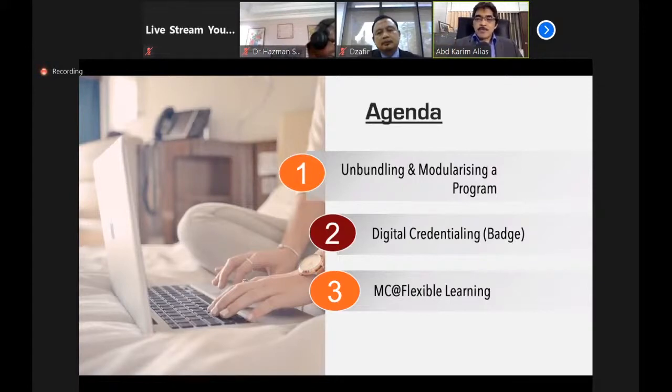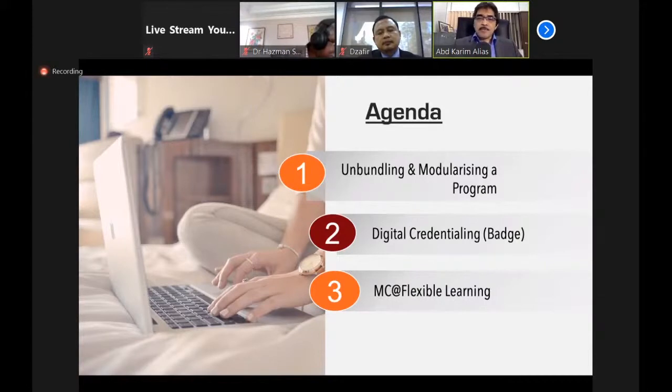Then I will talk about the digital credentialing or digital badges, basically how to recognize learning when the students have taken or have completed the module successfully, or even the whole package. How do we give the recognition in terms of digital credential?